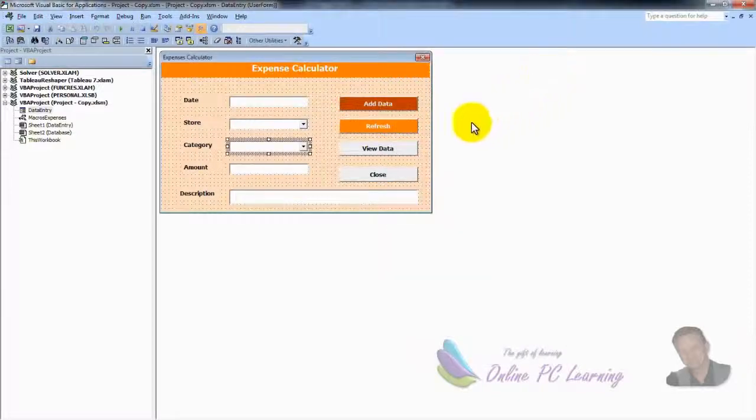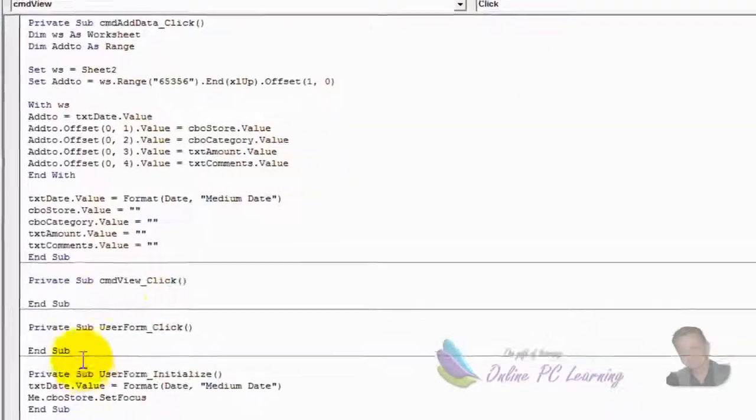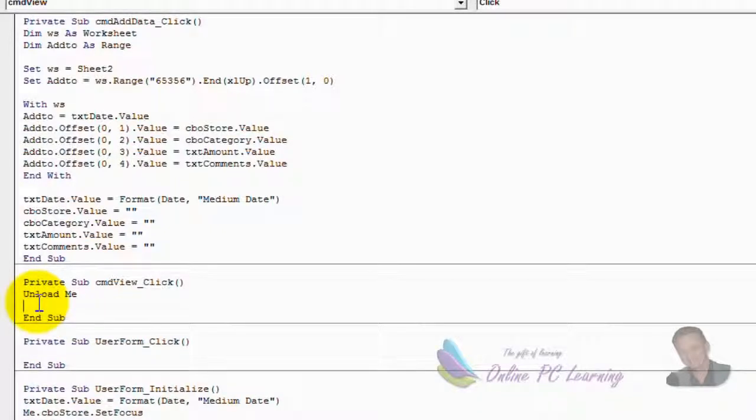Okay, we can also add the code in for view data. So we'll double click that. What do we want to view data? We just simply want to go to the database sheet. So first of all we'll close the user form, which is just unload me. After we unload the user form, we will then, sheet 2, is it sheet 2? Yes, is our database, dot select,